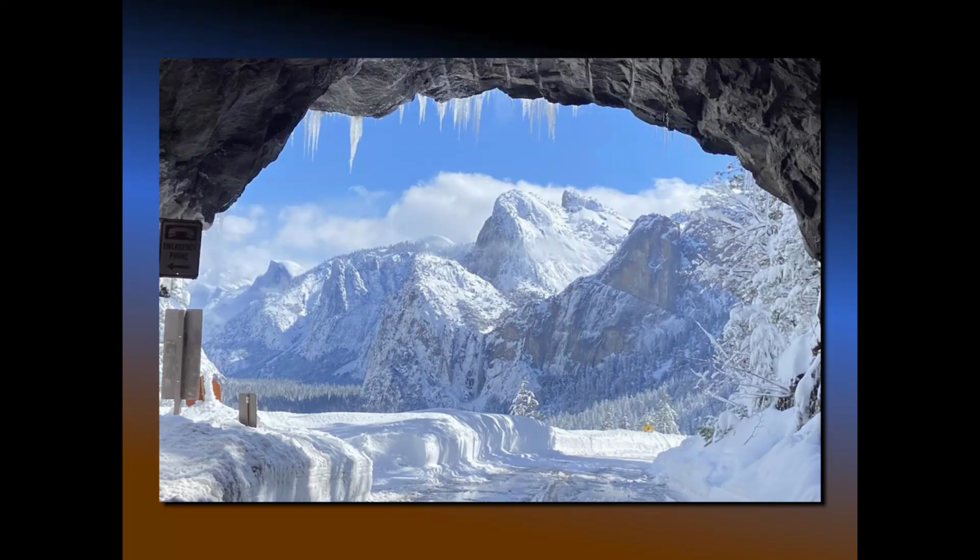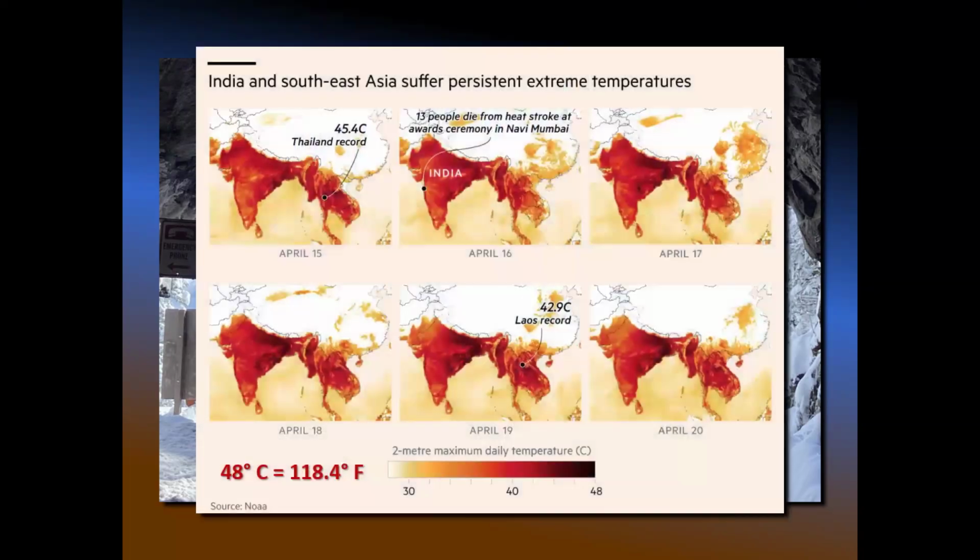And we've talked about those atmospheric rivers that dropped all this snow and how it ended the drought for a short period of time. At the same time that was going on here in California, this is what's going on near the equator and in the southern hemisphere. You had massive temperature increases in Thailand and in India. So you would have temperatures up to 118.4 degrees Fahrenheit, absolutely baking in these areas at the same time. I mean, this is April when we are having all those deep storms depositing all that snow. This is what's happening in other parts of the world.